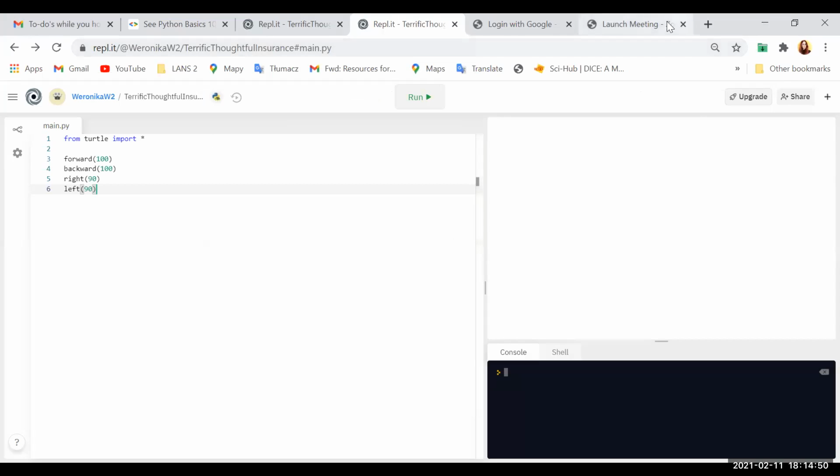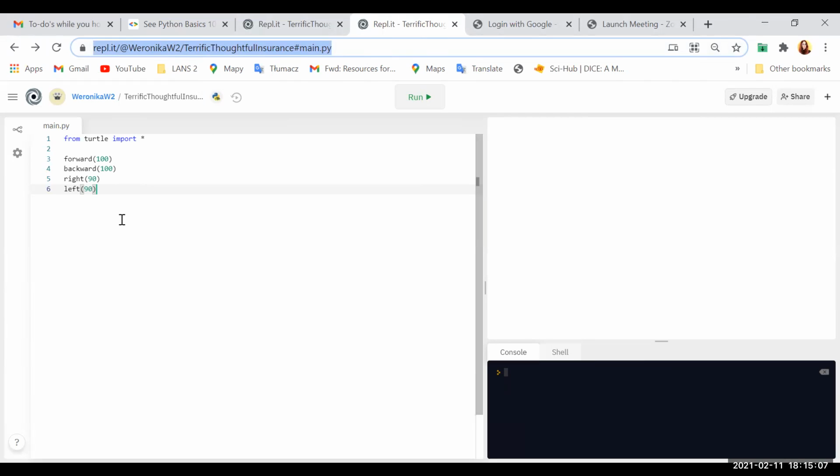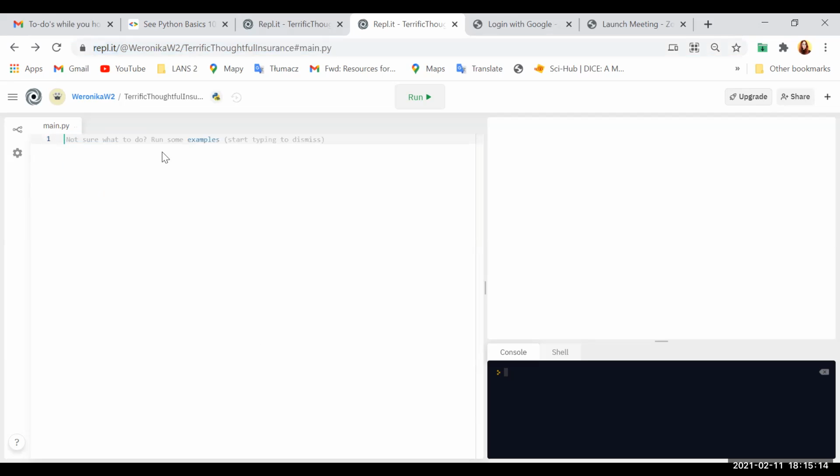Okay, thank you. So if you go to this website and enter, it depends on whether you're logged in or not. But if you are not logged in, you will see a login screen popping up, and you need to log in with your Google account. There are also other methods of logging in, but I assume you all have Google accounts, so that will be the easiest. And if you're able to see it, that's what we're going to use today.